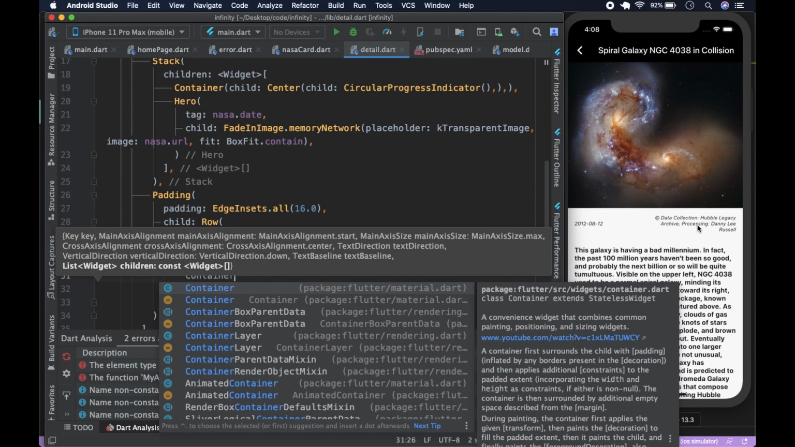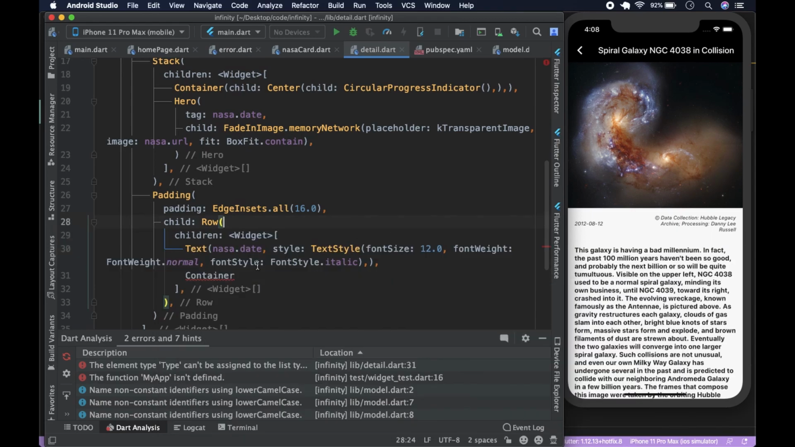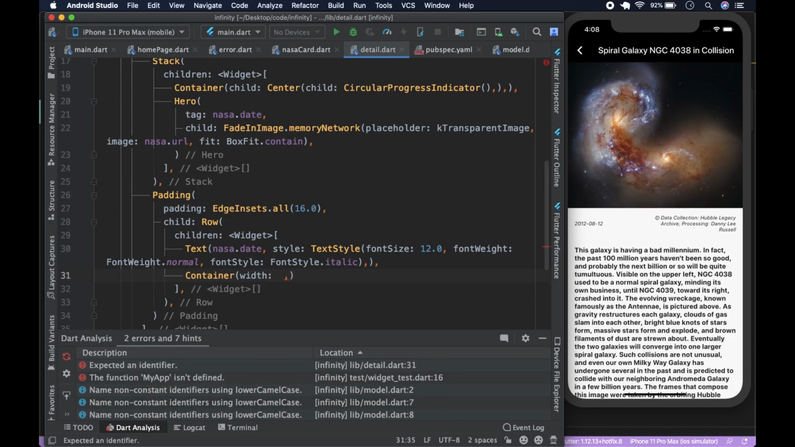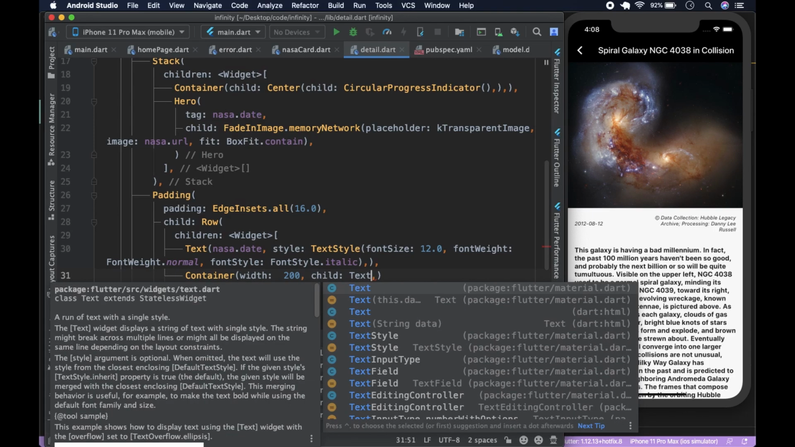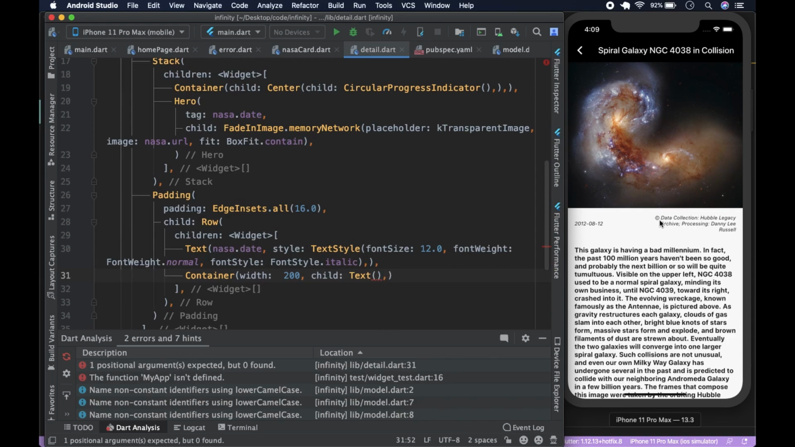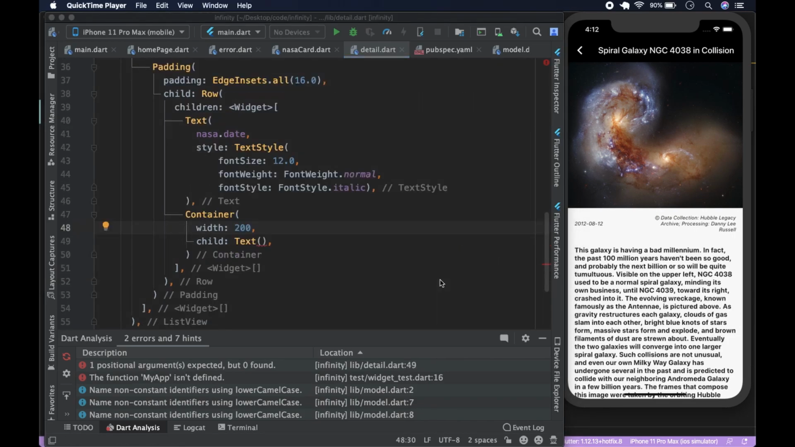The container is going to have, we could say the container is going to have a width, I could say a width of, let's give it 200, and then the child is going to be text, and the text is going to be, well, yeah, we're going to put in the text there. Continue. So for the text, we are going to put in